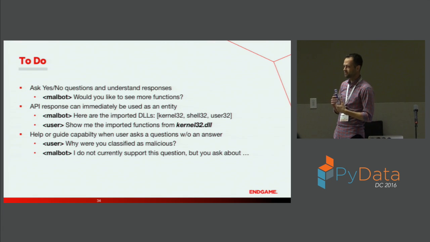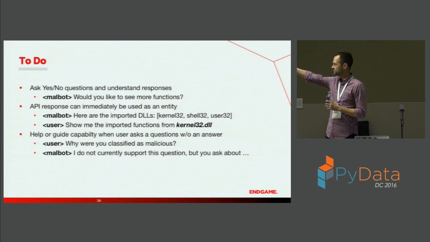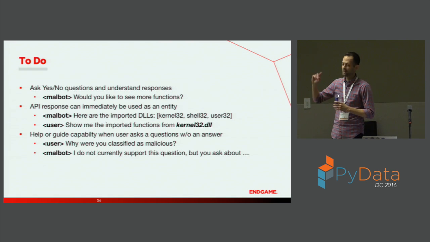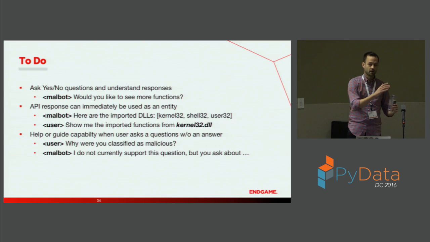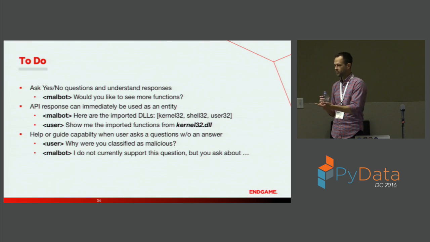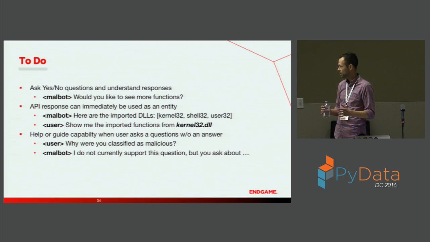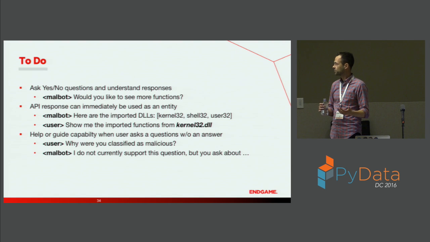Likewise with entity extraction, because I don't work in a domain that has pizza toppings, which would be really nice, or city codes. I have things like kernel32 DLL. Can I build an entity extractor custom for my domain? This is something I think a lot of people in here would have to deal with too, with government regulation data, medical data, legal data, there aren't entity extractors really for that. So how do you create your own so you can allow more targeted queries to occur? Show me imported functions from kernel32. That's a much harder problem to solve, but probably a much more fun problem to solve.